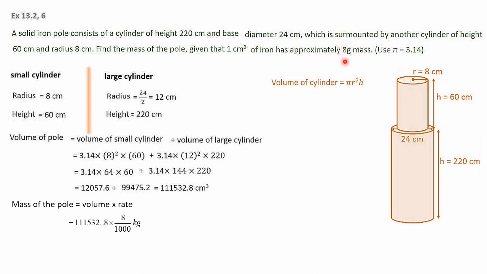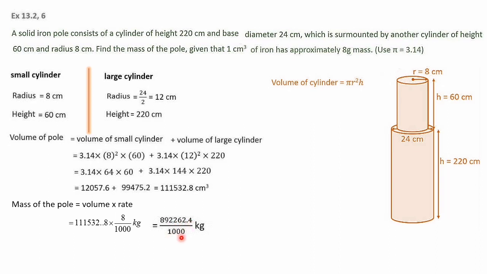Just we will convert this one into kilogram because when we calculate you will get a bigger quantity. So let's change the unit gram to kilogram. For converting gram to kilogram, you have to divide by 1000. So 8 by 1000 kilogram. Then just multiply the numerator, that is, you will get the numerator as